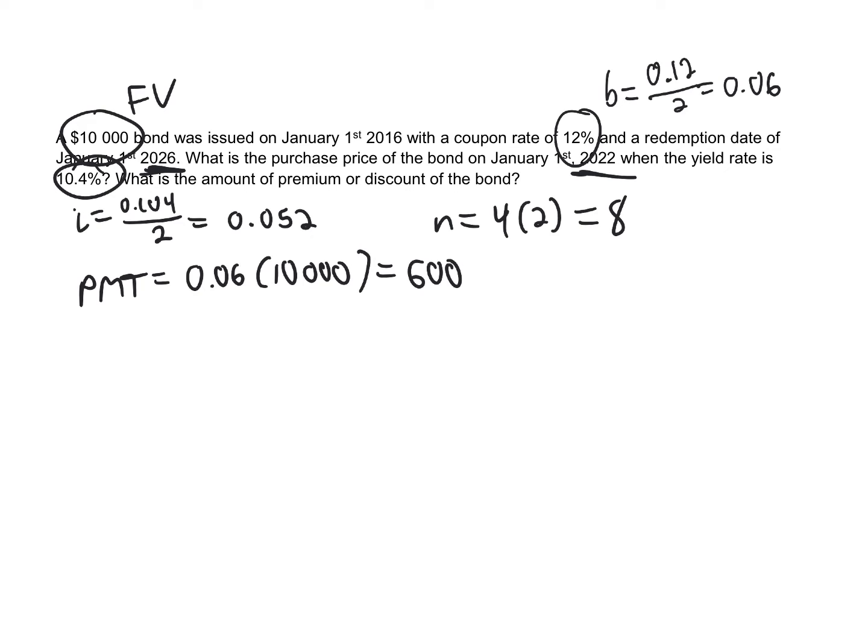Now, when calculating the bond, it's 2 parts to the formula. The first part is just the present value of an annuity, and the second part is present value of the face value. Now, when calculating the purchase price of the bond, we use the I. The only thing the B is used for is for calculating the payment. So when we go to calculate the purchase price, we get